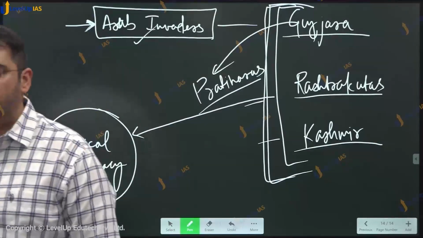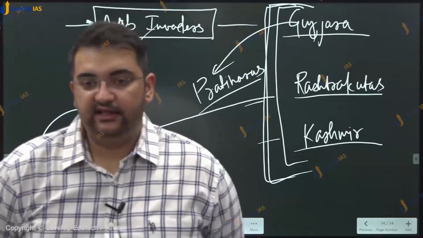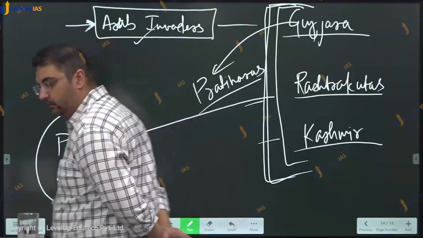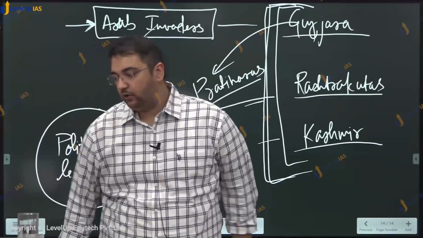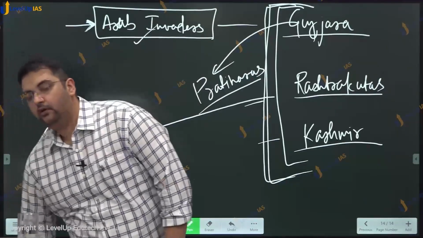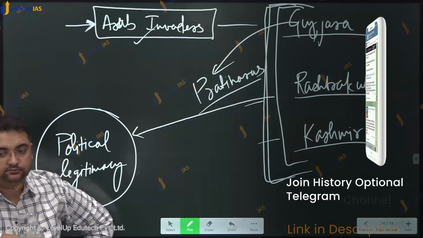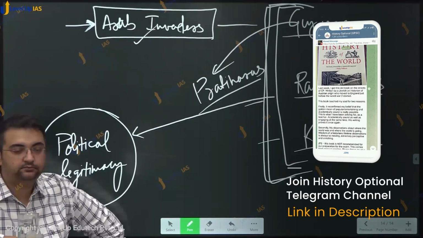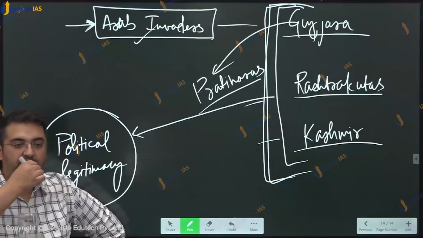ठीक है, तो broadly speaking this is the impact, right? लिख लें इसको, impact of Arab conquest of Sindh. One by one you can write down. और सबसे पहले थोड़ा एक इंट्रोडक्शन,